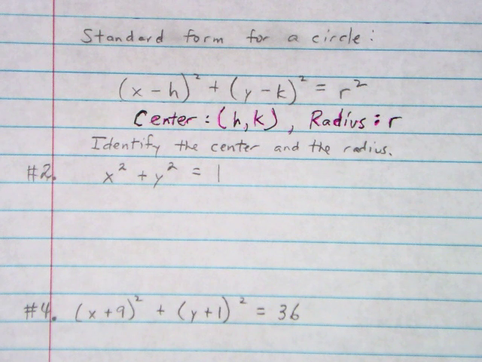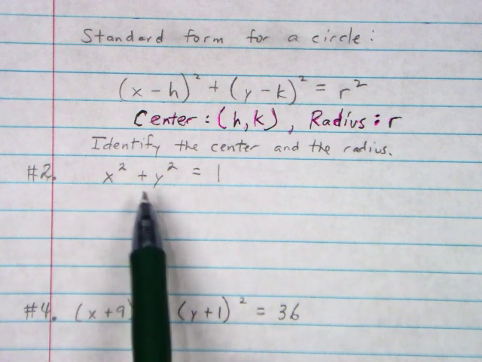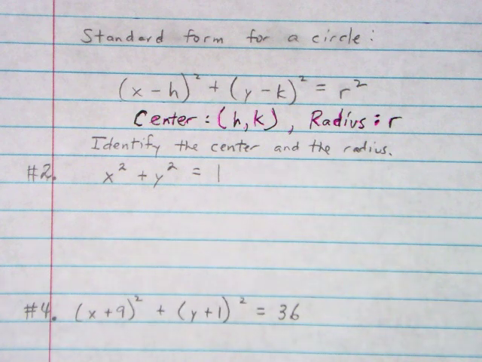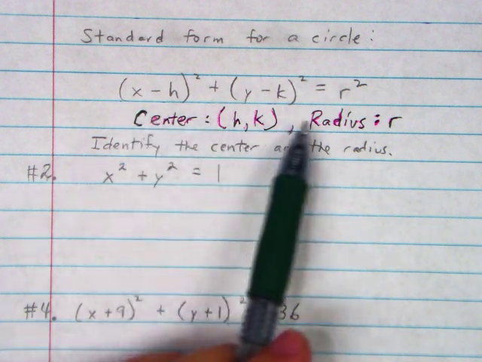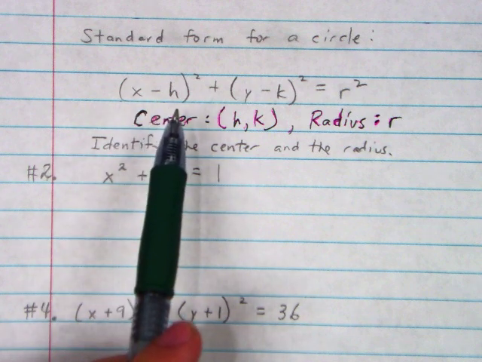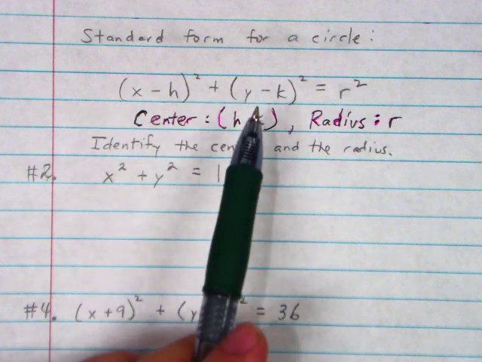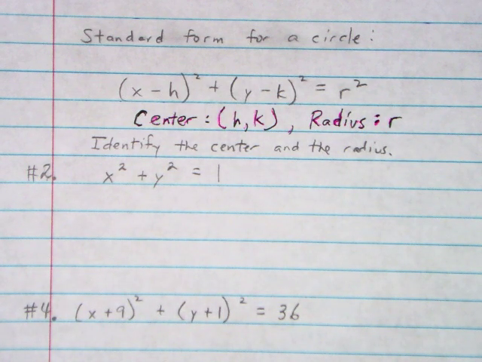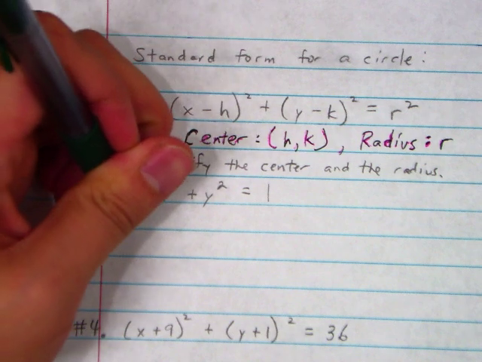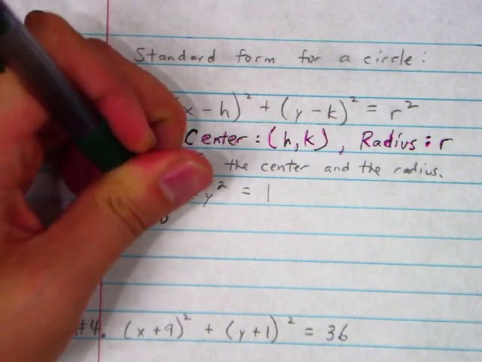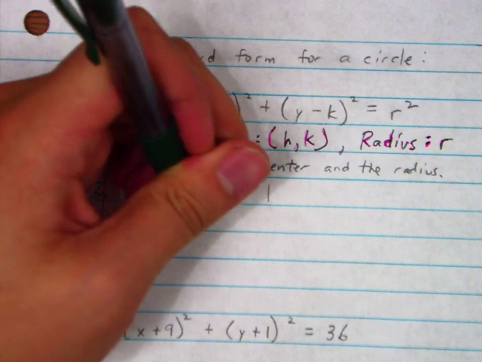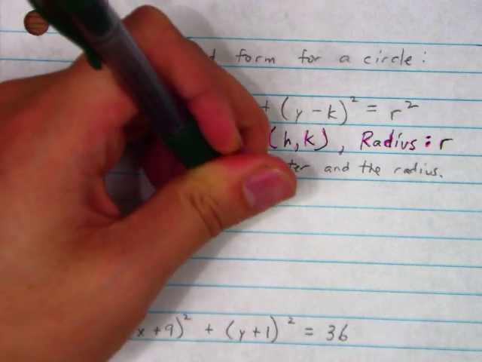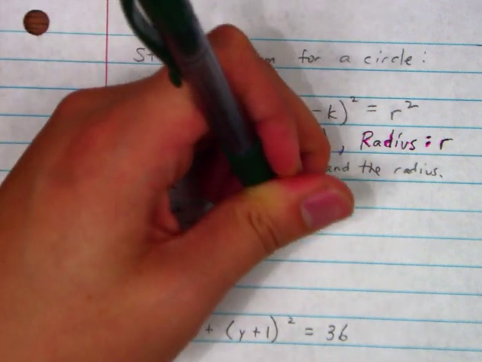The way we want to identify the center and the radius is we want to write it in standard form. Right here we have x squared plus y squared equals 1. So we want it to look something like this top equation right here, where it has x minus something squared plus y minus something squared equals r squared. So right here what we're going to say is it's x minus 0 squared plus y minus 0 squared equals